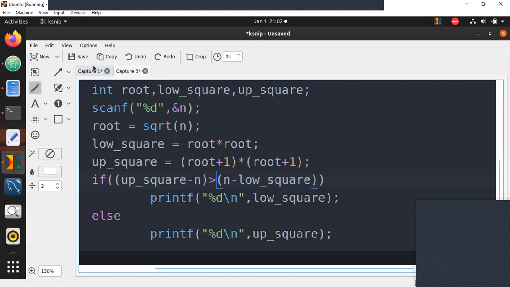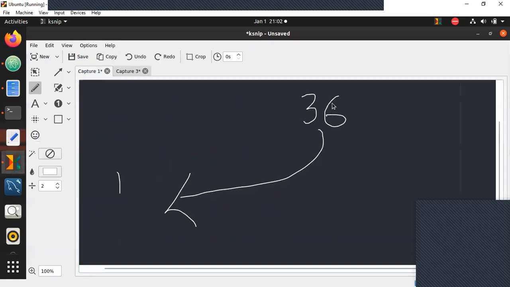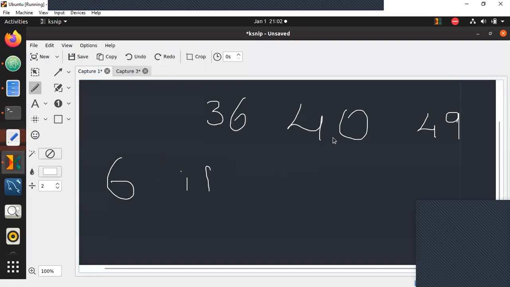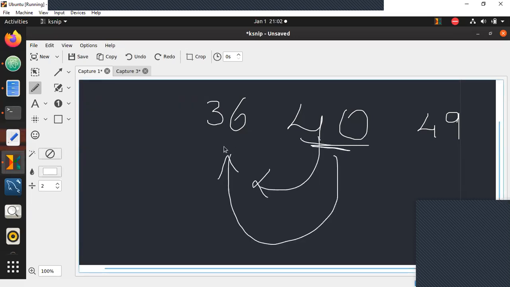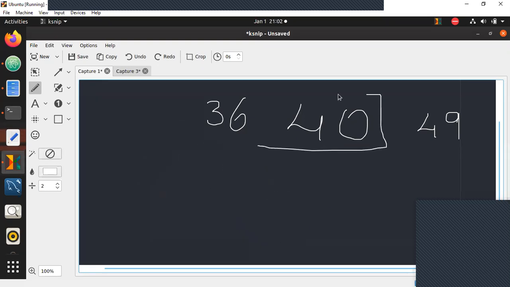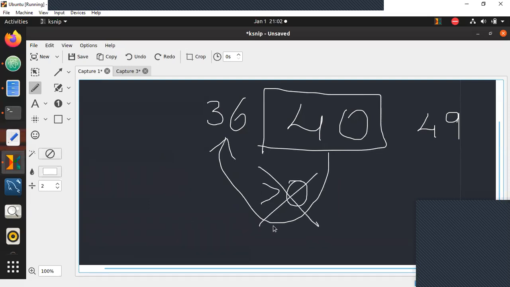Think of it, guys. If your input is 40, you can find that the difference between 40 and 36 is 4. So the difference between the number and its lower square is greater than 0. If it's not greater than 0, then you need to do something else.